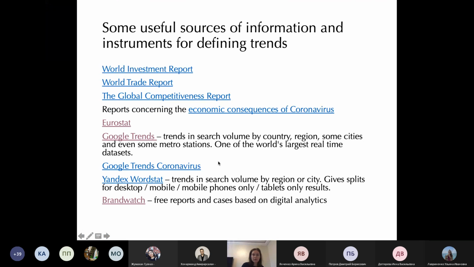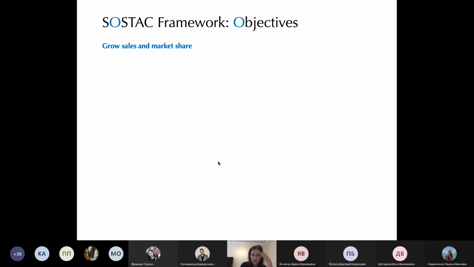So I think that was it for the situation analysis. So we will now pass on to a very short bit of the SOSTAC model, which is called objectives, right? But it is a highly important element in the structure of any planning activities. So objectives come second, right? First, we focus on the situation analysis,